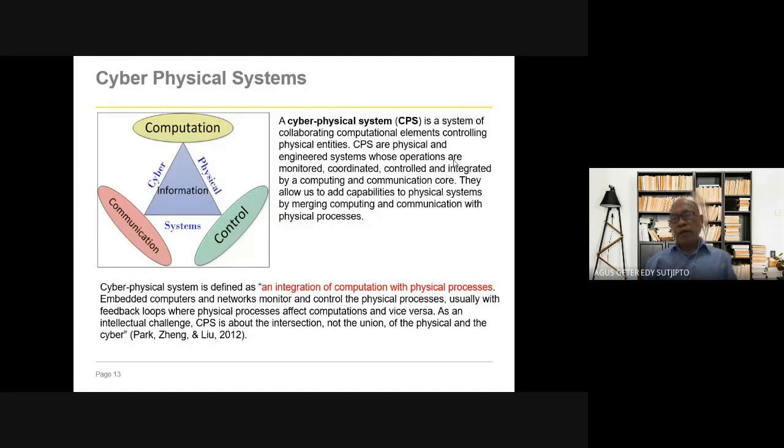For example, if we want to control a machine, of course we should understand the status, the operation or running of the machine. So we should have a sensor, and not only a sensor, we should have a transmitter of data to understand the status of the machine anytime. We can use the transmitted data for any purpose, for example, for the plant or maintenance. This is the cyber physical system.